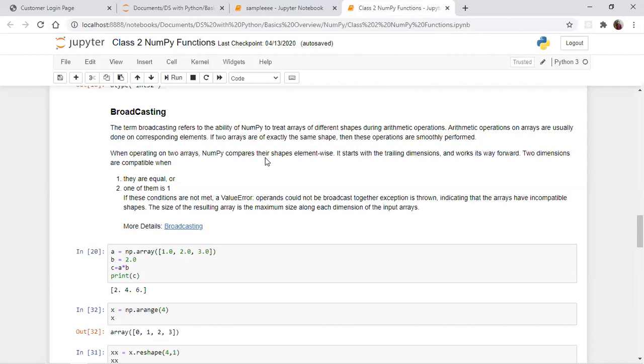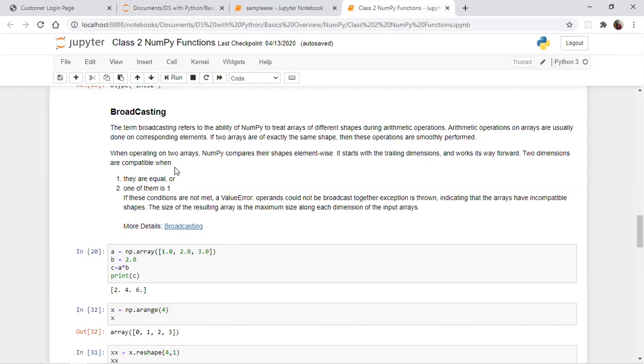This we are already aware of. But now, when you plan to do arithmetic functions between two different shapes of arrays, that's known as broadcasting. Broadcasting is nothing but performing an arithmetic function between arrays of two different shapes.